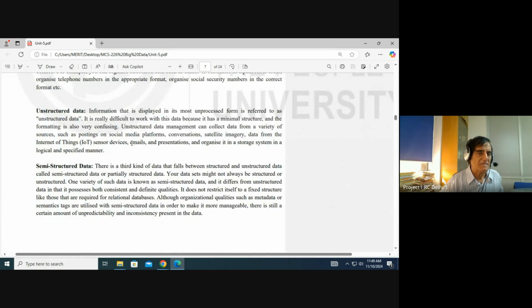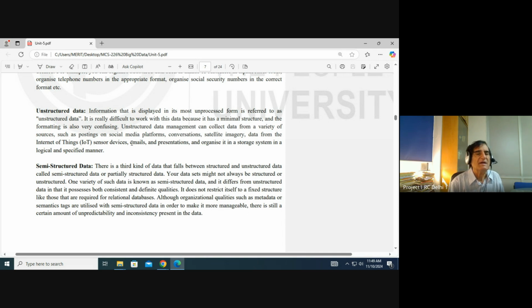So, unstructured data. Information that is displayed in its most unprocessed form is referred to as unstructured data. It is really difficult to work with this data because it has minimal structure and the formatting is also very confusing. Whatever it is, if someone is using a French word in between, using Sanskrit, using anything. So unstructured data management can collect data from a variety of sources such as postings on social media platforms, conversations, satellite imagery, data from internet of things sensor devices, email and presentations, and organize it in